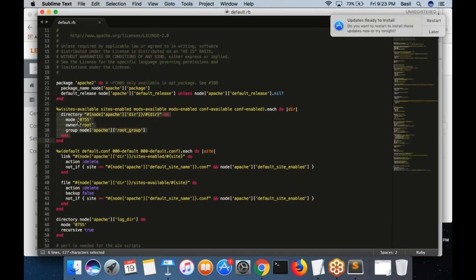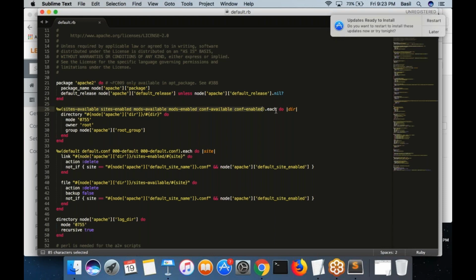So in this case, as you can see, it is not a single resource that you are defining. It is actually multiple directory resources that you are defining using a for loop. The for loop starts here, it ends here. So what it means is you are giving the list to the for loop: sites available, sites enabled, mods available, mods enabled, conf available, conf enabled.